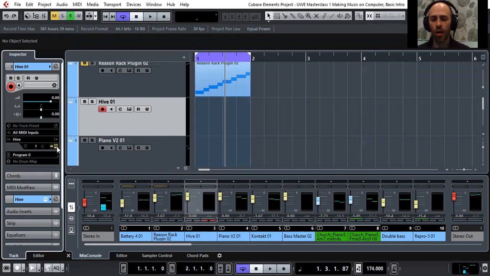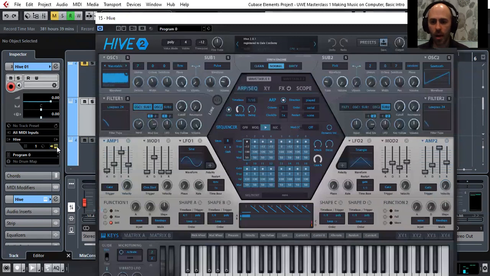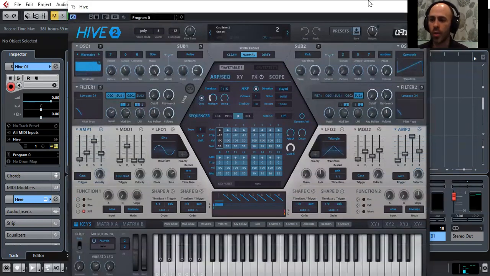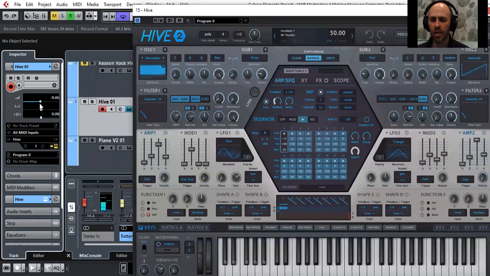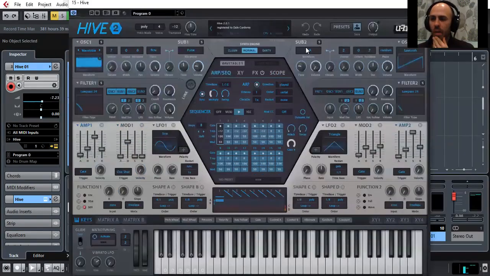It's called Hive. Now Hive is made by a company called u-he, and I think they're the best. They're really well regarded synths. They're really powerful, made with a lot of care and attention. They're not free. They do cost a little bit, but they're a real worthwhile investment. They've got great support and just a real great warm quality of sound. So I'll